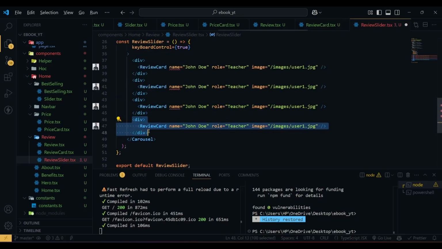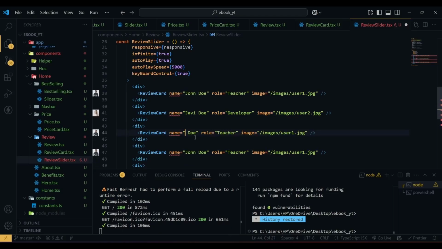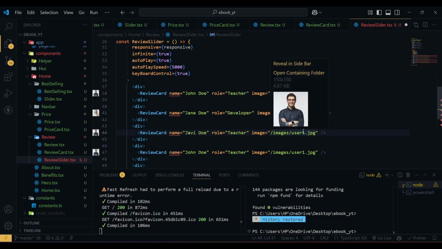So I'm going to copy it 6 times, and I'm going to change the props here. So second one, let's use another name, the profession, let's say developer, and the image will be user2, and let's use this Jane, and let's use this Javido, and this one will be user3, and let's say DevOps